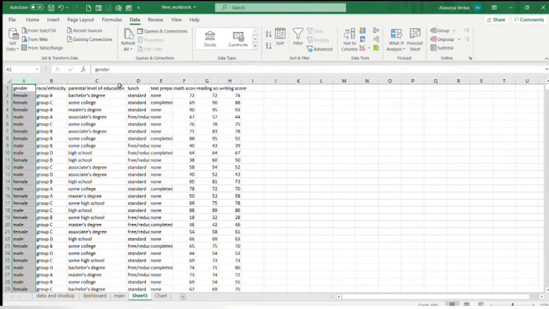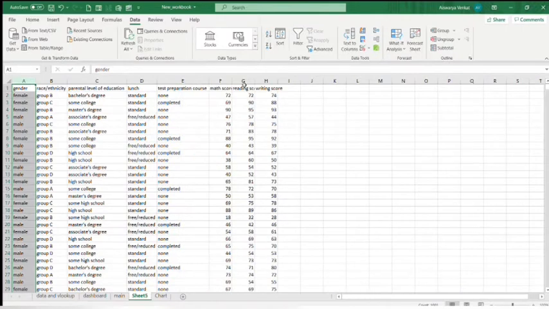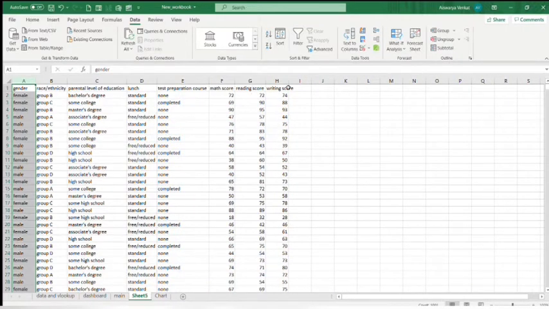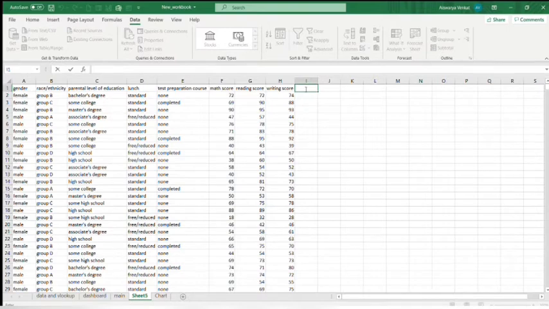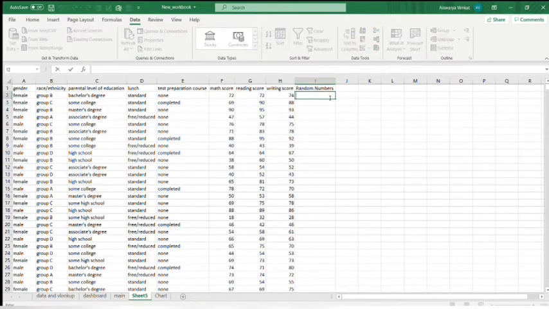Before doing data preprocessing, we have to assign some random numbers to our data set. Since our data set is very large, we are assigning some random numbers to it. To assign a random number, I am going to the I column and typing a formula, equal to RAND between the first value 1, comma, the last value, that is 1001. We have a total of 1001 data rows, so we are going to assign each one a random value. Then we press enter. After pressing enter, we will get a random value for all the data.